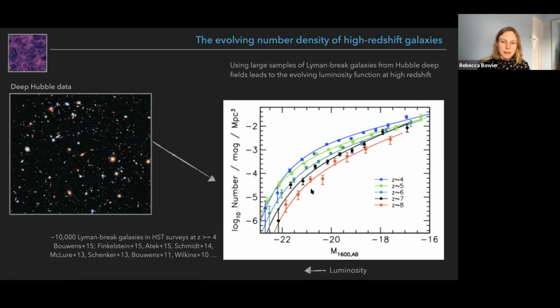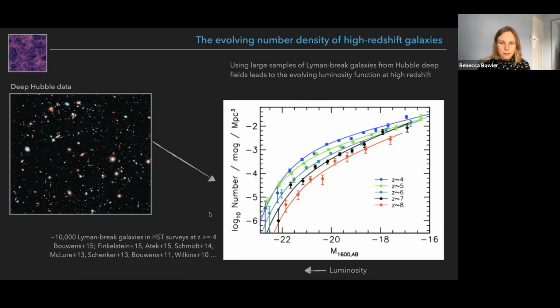But also really interestingly, if we plot this number density as a function of redshift, what we see is an evolution in the number density of sources. And this is what we would expect just through thinking about structure formation. Galaxies are building up as the dark matter halos are building up in the cosmic web. So on this plot, you can see that Redshift 8, the highest redshift sample they had, and between Redshift 4, there's a factor of maybe 10 increase in galaxies with a certain luminosity.